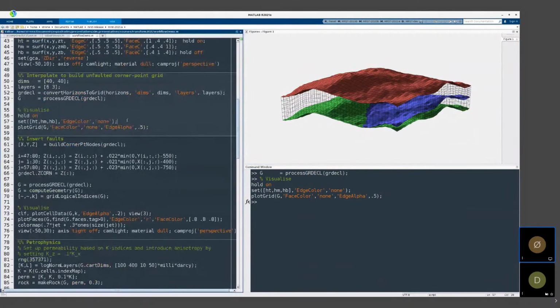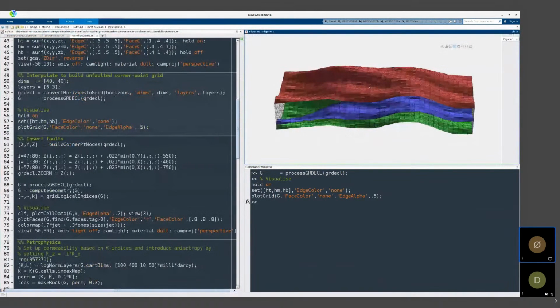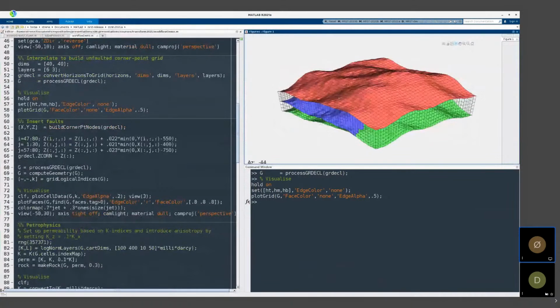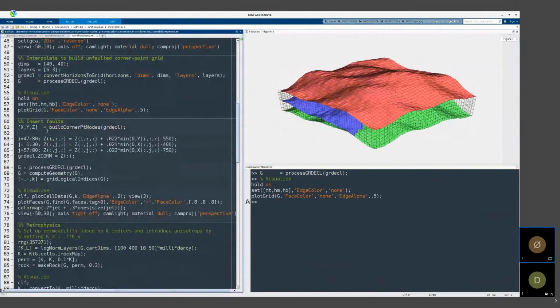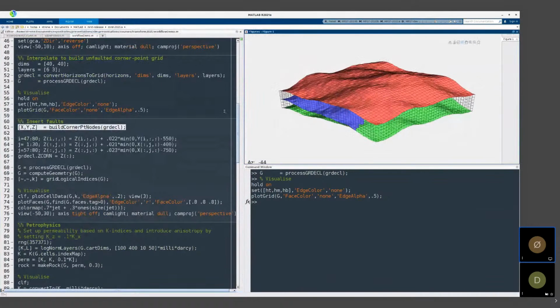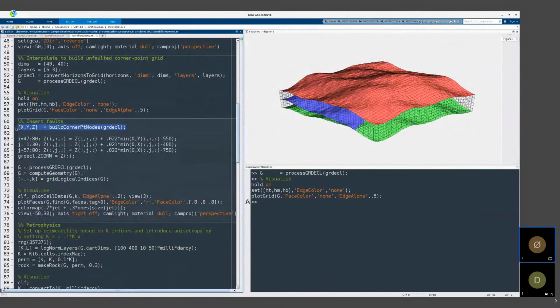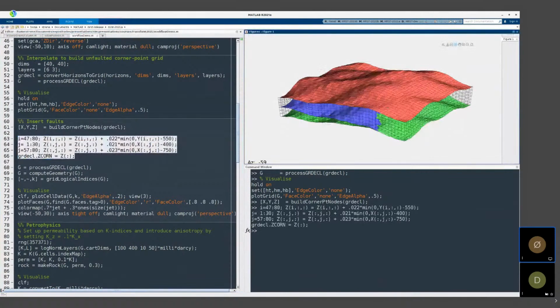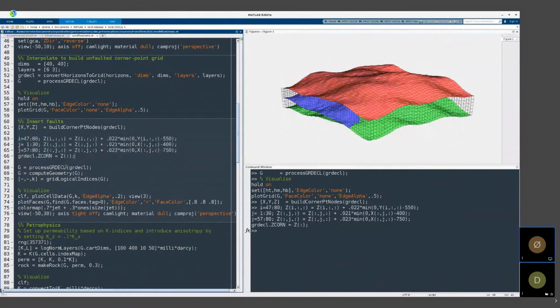So now we have a grid. We would like it to be slightly more complex, so we're going to insert a few faults here. We're doing that by first getting out the corner point nodes of this corner point format. So we're extracting the nodes from that, or building the nodes from that. And then we're shifting the Z coordinate at a few places in order to introduce these faults and some structural